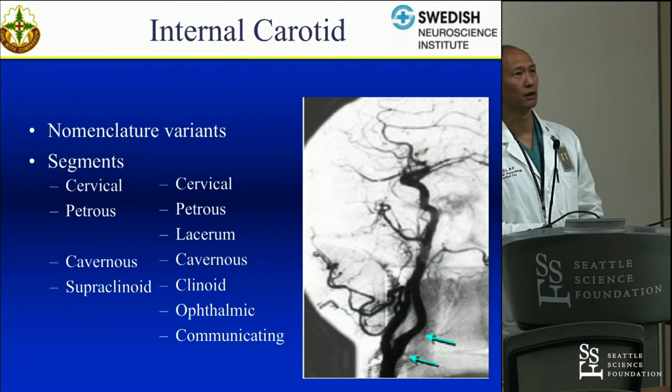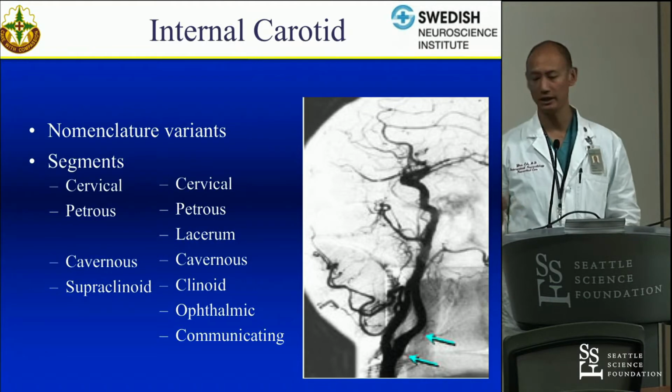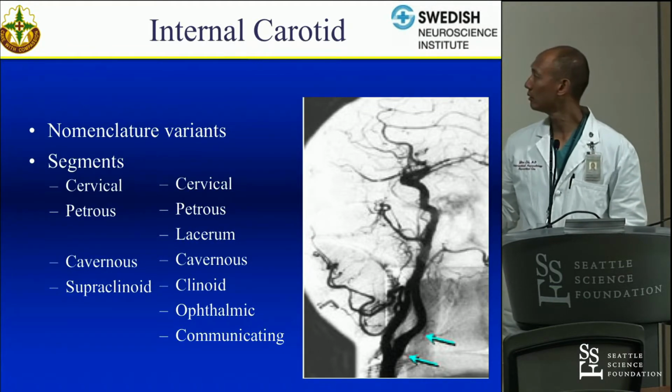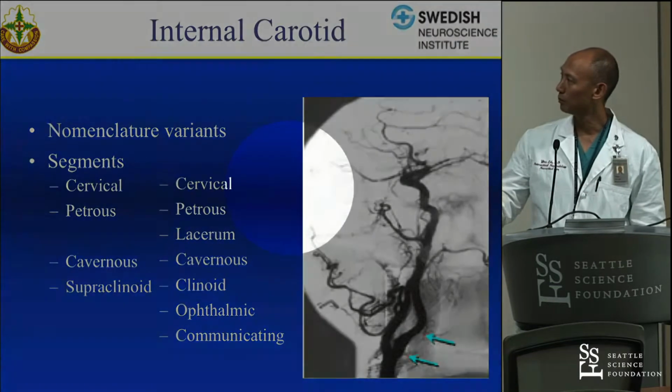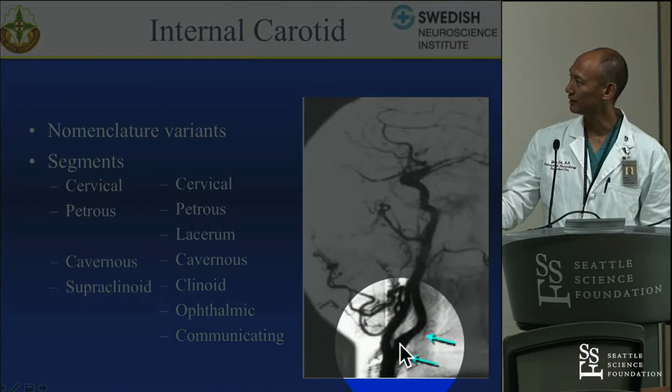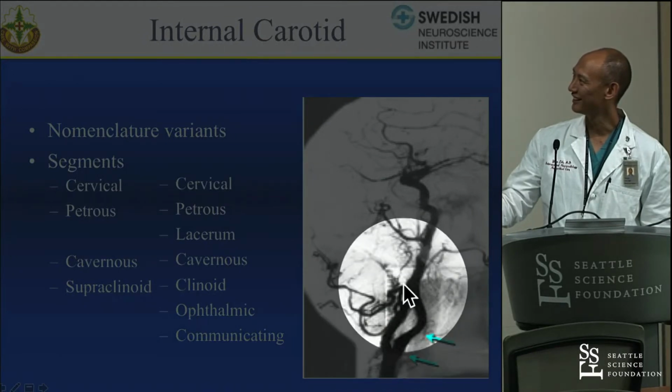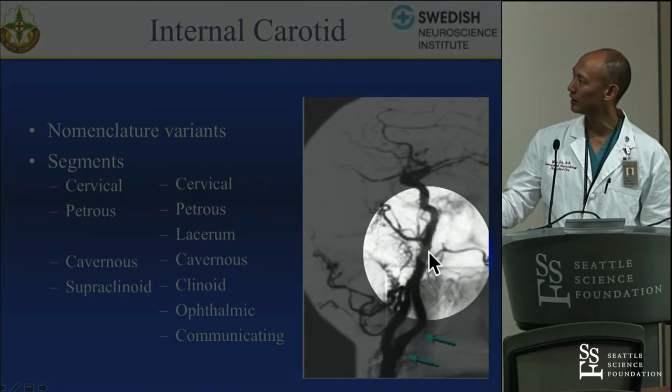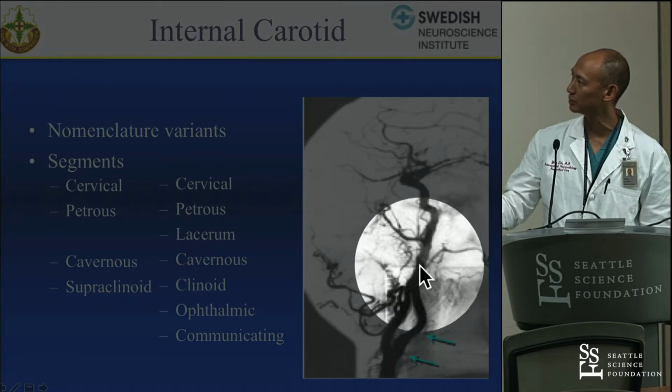So here's a picture of those different segments. You'll see the bulb, which has that initial dilatation. I love this pointer, by the way. It comes up, and then the area where you can actually start identifying the petrous segment is where